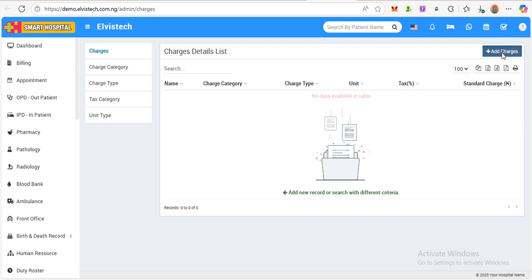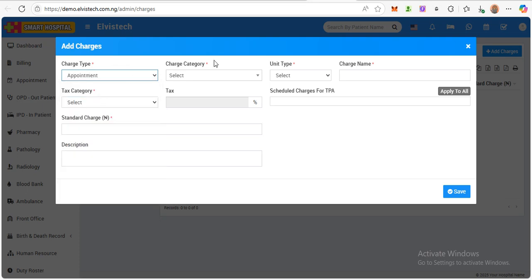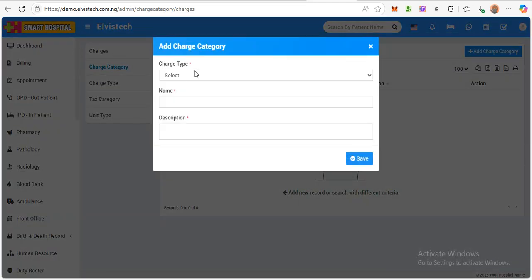So let's add a new charge. See list of things that you can add. Okay, either appointment, OPD, IPD, pathology. So let's click on appointment, then the charge type. So let's add the charge type. So let's go to charge category. So we need to add this charge category before we can be able to add charges. Click on,